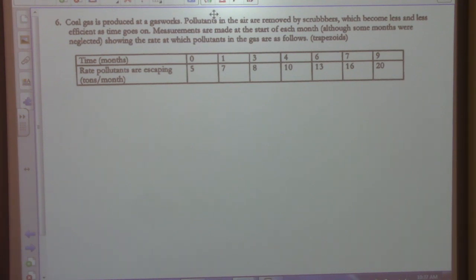A minute ago, Gavin answered my question, which was, in this problem here, what are going to be the units of the answer? And the answer is going to be tons, because we're given the rate of pollutants in tons per month. Now, typically, in this type of problem, where it says showing the rate,